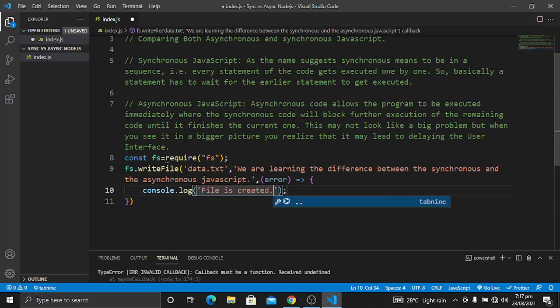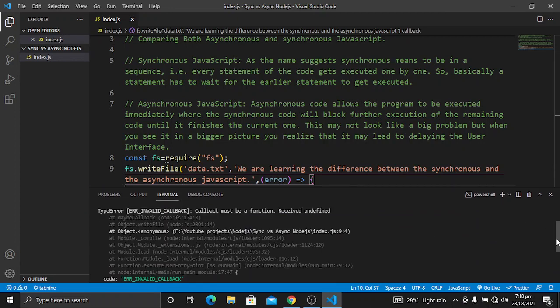So when you are using the asynchronous version or the asynchronous modules of Node.js, you have to provide callback functions. The callback functions are a must to use the asynchronous version. So let's save it.